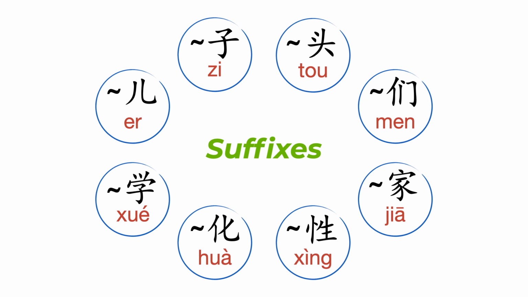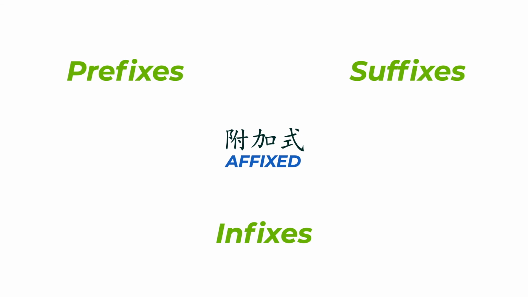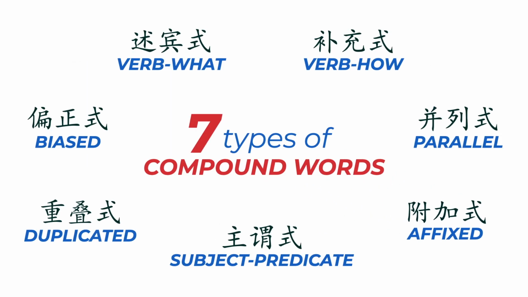Now, like I said, there are way more suffixes than just that, so that'll conclude our discussion of suffixes for now, but remember, look in the description for more examples. And that'll conclude our discussion of affixes, and also our discussion of the 7 different types of compound words, word structure, and this 8-part series.